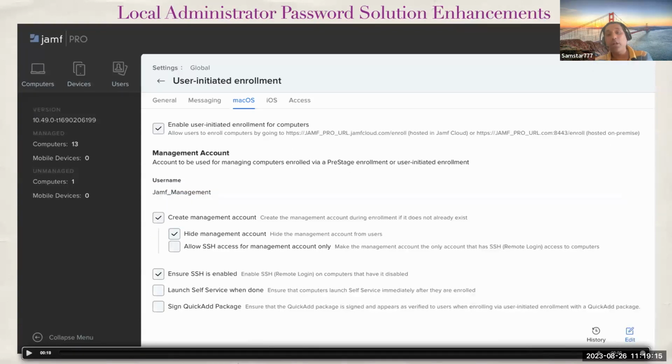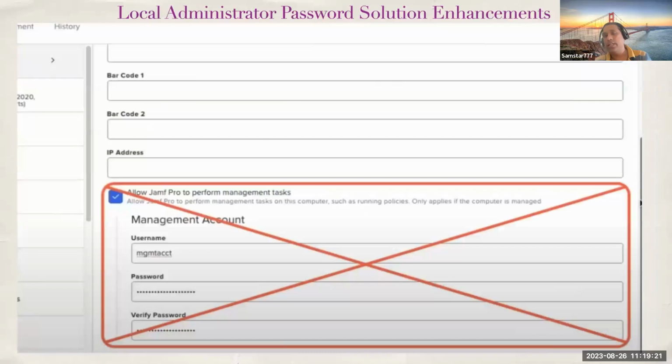There are a couple of other places which will be impacted by these changes. The very first change is in the device inventory. When you go to your device inventory today, if you are on 10.48 or lower, in the general section, on the right-hand side,